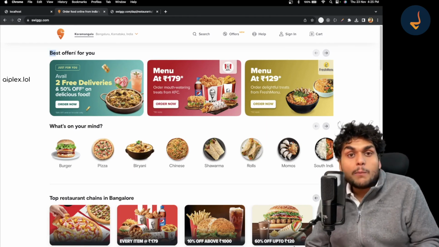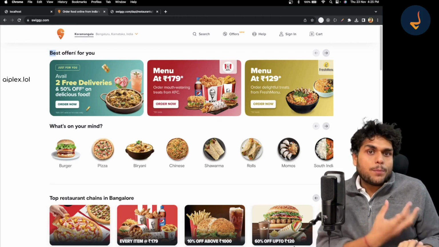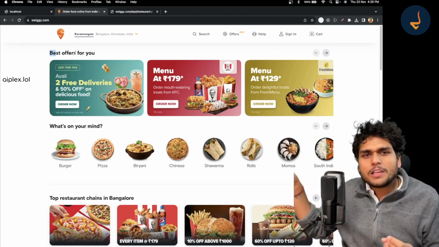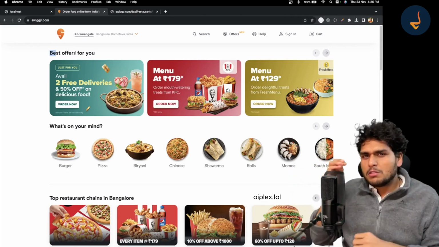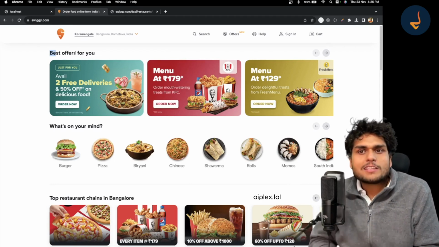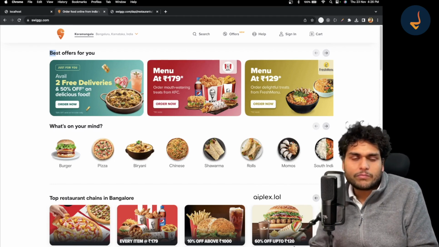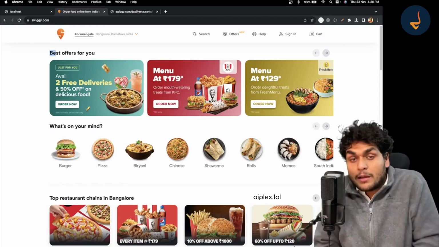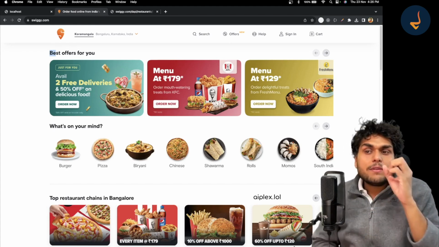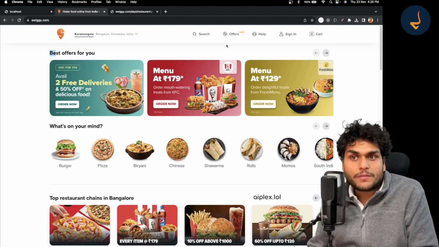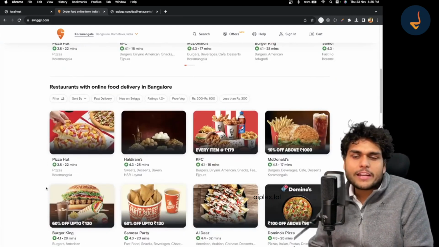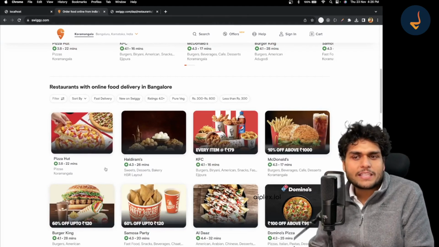But if you select Pune, or a very small town somewhere in the remote areas of Uttarakhand, you might not see any best offers. There might be no offers in a particular city. So the config driven UI will give you all the data for that specific location. But we are only concerned about these restaurants for now because we wanted to build a basic page.